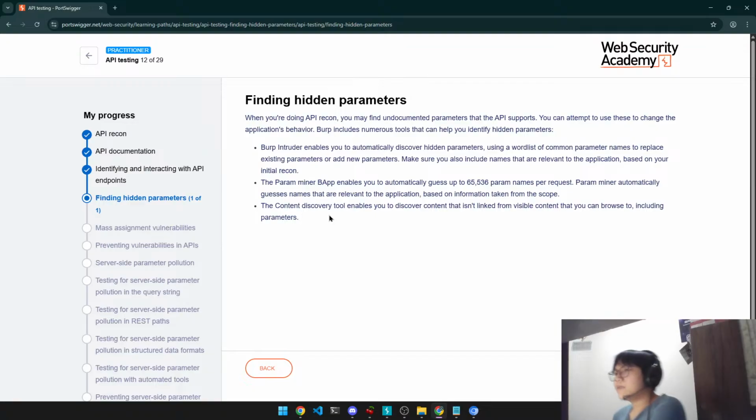When you're doing API recon, you may find undocumented parameters that the API supports. You can attempt to use these to change the application's behavior. Burp includes numerous tools that can help you identify hidden parameters. Burp Intruder enables you to automatically discover hidden parameters, using our list of common parameter names to replace existing parameters